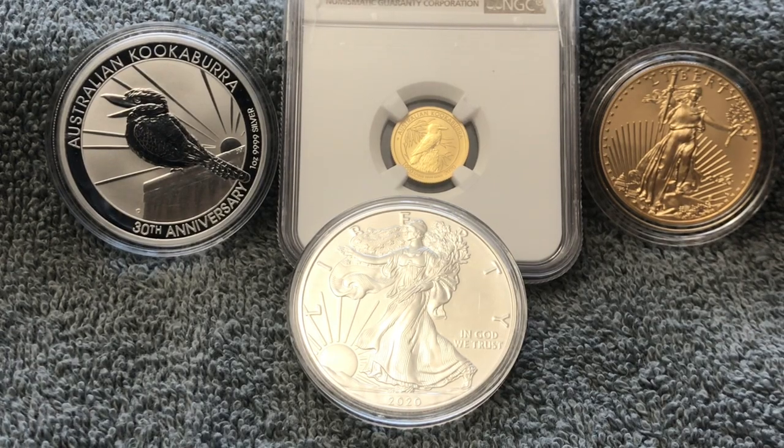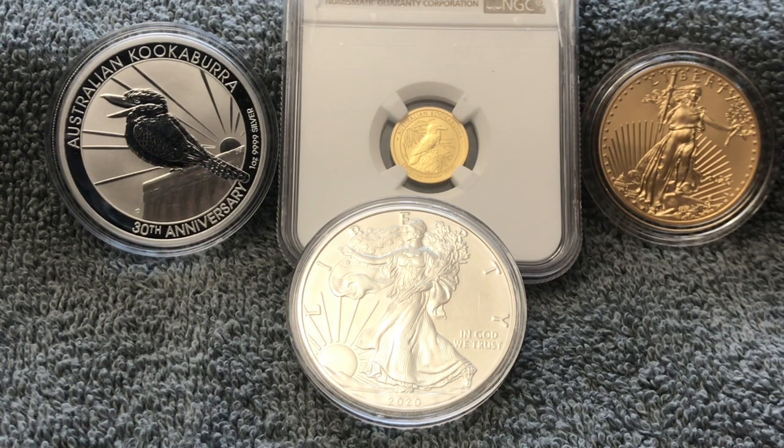Hey, what's up, everybody? My best purchases of 2020. We are going to look at everything that I bought in the year of 2020. Now, technically, a couple of these were purchased in 2019, but they are 2020 coins. They were bought at the tail end of 2019 because they were pre-orders for 2020. So we're going to take a look at them, but we're going to talk about what was my best purchases